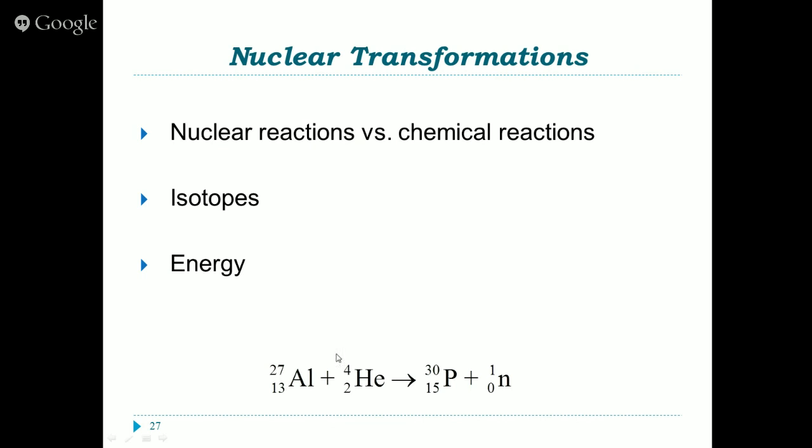Down here, this is an example of a reaction where a neutron is actually ejected. So this is not a specific type of radioactive decay. It is a neutron. 27 plus 4 is 31, which equals 30 plus 1. Down at the bottom, we have 13 plus 2 equals 15 plus 0. So once again, these equations have to balance: the top numbers add up to equal each other, and the bottom numbers add up to equal each other. Notice we bombarded an aluminum atom with an alpha particle, and by doing that, we changed it into a phosphorus atom.